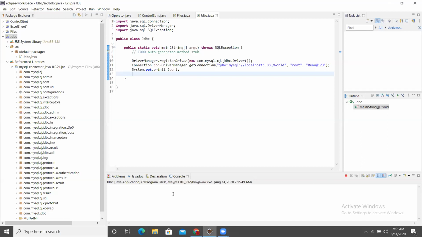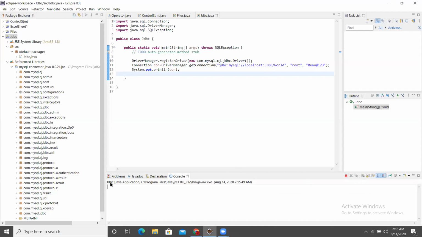It's still running. No, sir, did not get any output. You should get at least an exception or output. It is still running, taking some time.